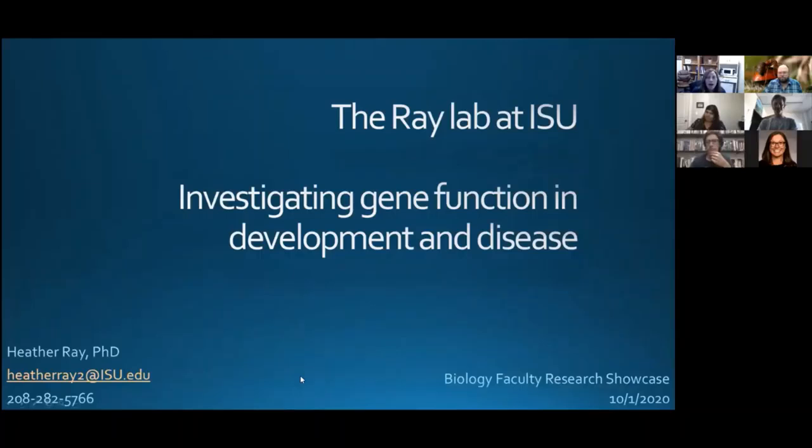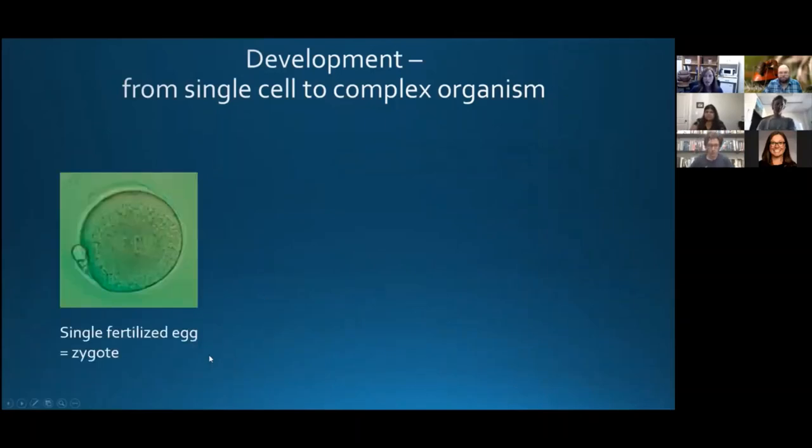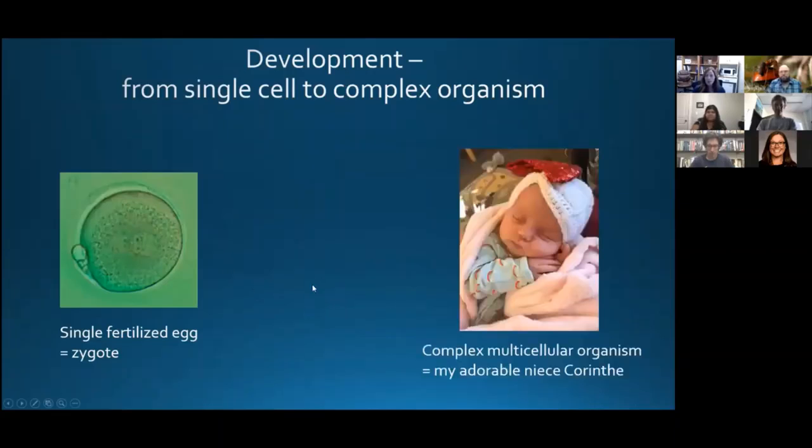So, I am a developmental biologist, which really just means that I am fascinated by the process of embryonic development. And the fact that we start out life as one single cell, this is the fertilized egg that we call a zygote, and that 9 months later, we show up, right? We're born as a living, breathing, functioning, multicellular organism. So how does this even happen, right? There's so much that has to happen. This is an incredibly complex process to go from point A to point B.